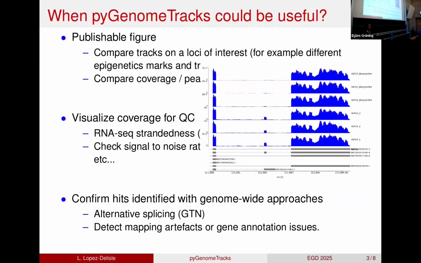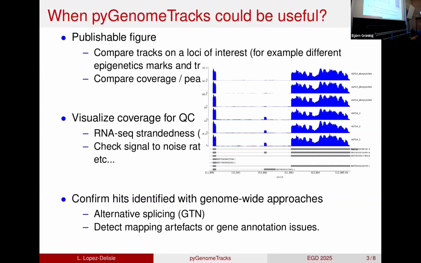And finally, I think it's very useful when you do genome-wide analysis. For example, if you're analyzing splicing, it's very important to have a visual quality check. So your software gave you a list of hits, but I really like to go, not one by one, but select the most promising targets and just check visually that you can confirm that you indeed see the differences at the coverage level. I give you here an example that I put also in the Galaxy Training Network, where you